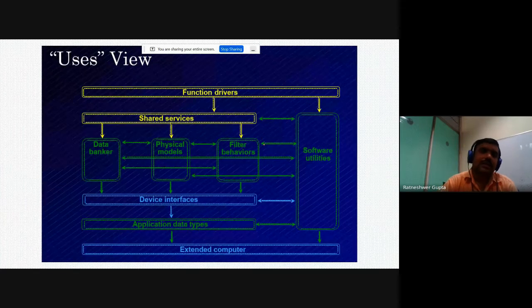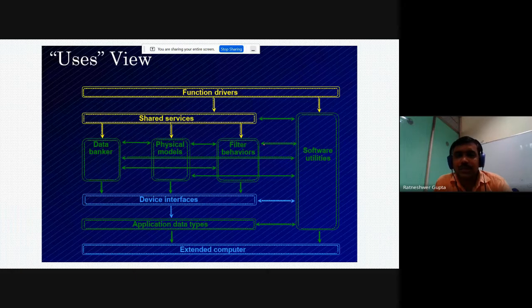Now there is another example, the usage view, which shows the different components involved in that particular architecture.